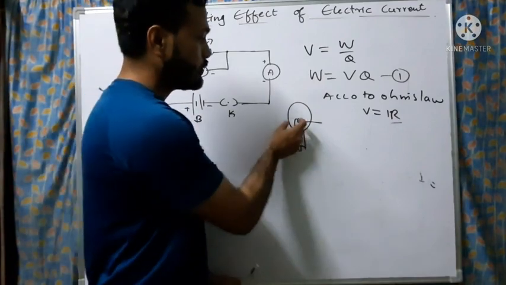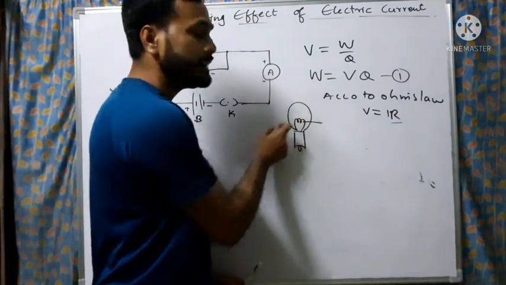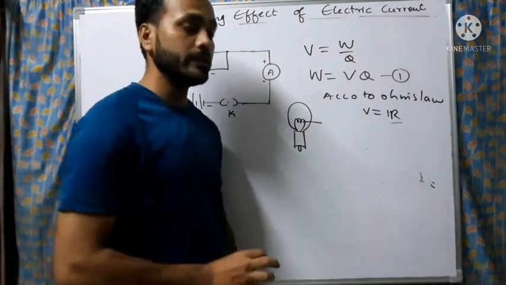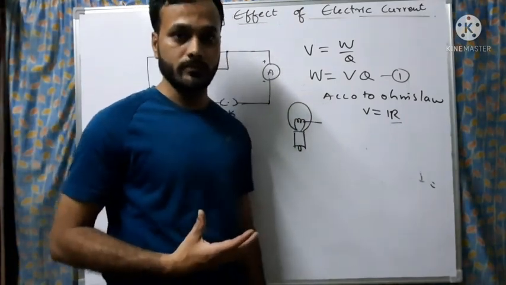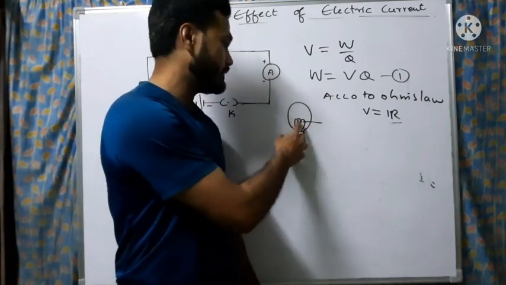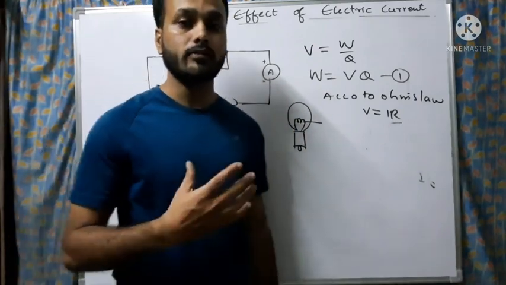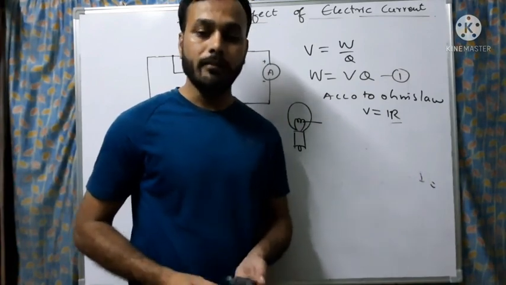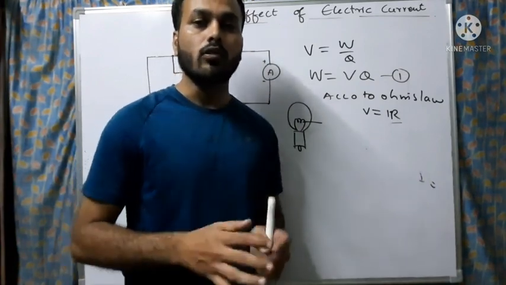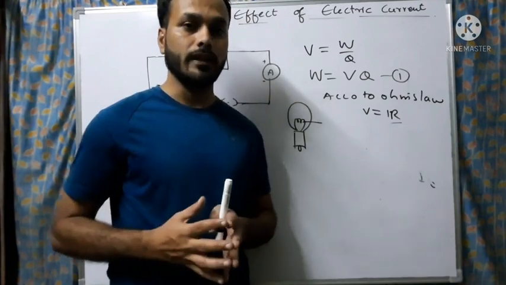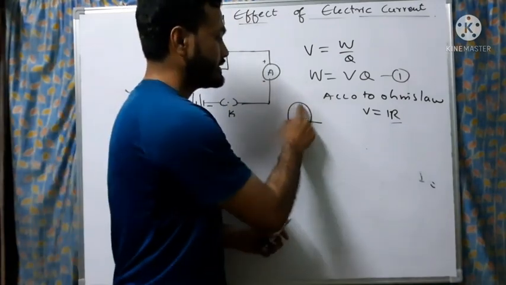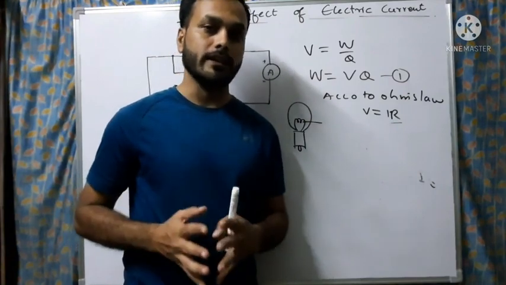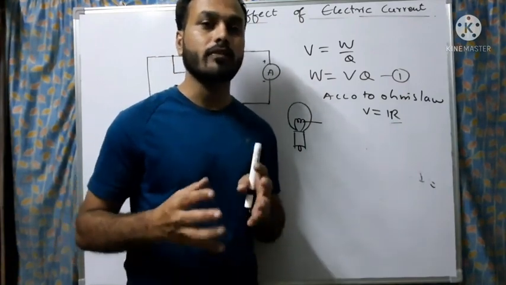And again, you can see it is thermally isolated, in the sense that at high temperature it should not react and oxidize. When it gets heated up and reacts with oxygen, due to this oxidation the life of the filament decreases. In order to extend the life of the filament, this bulb is filled with nitrogen or any other inert gas.